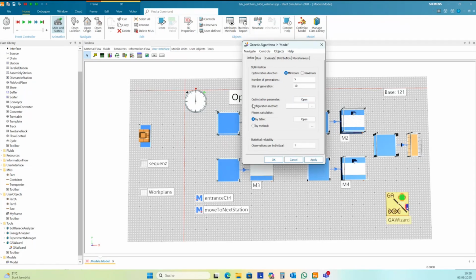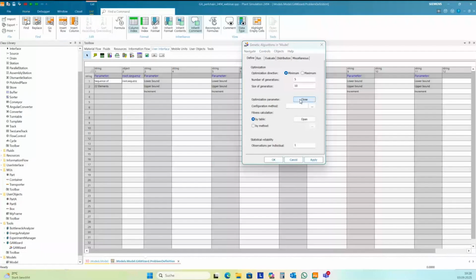You can find the optimization parameter here. If you click open, then you have here a sequence of 22 elements. This is the parameter, and this is what we want to optimize. So we need to set an optimization direction.